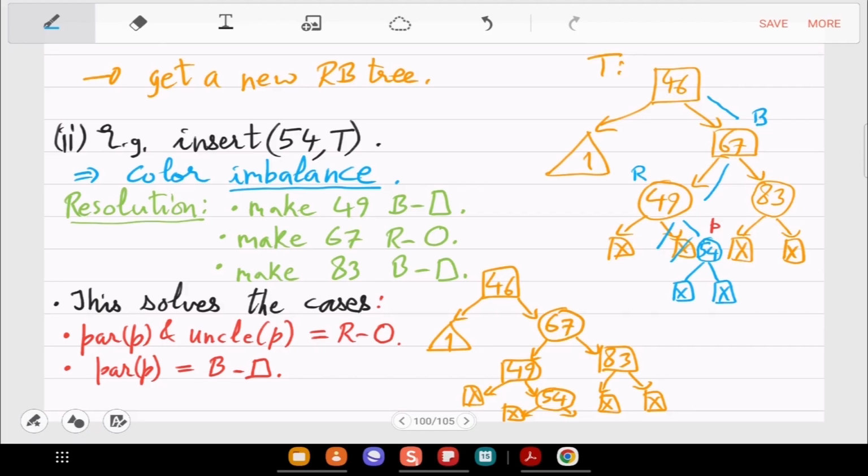No, no, it's not a root node. Say it is happening locally. So 46 is pointed by something else. It's just a local situation. Because I want to look at only this case that parent of P and uncle are both red. And I want to claim that there you have this fragment of the pseudocode.